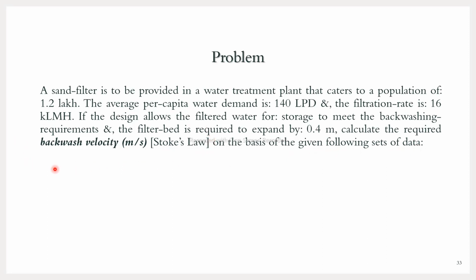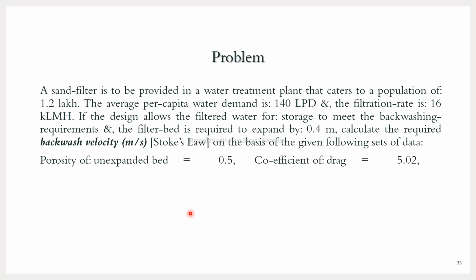So the backwash velocity that we will be calculating will be based on Stokes law. The Stokes law formula is for calculating this velocity, the filter's velocity, because this will be the maximum velocity. Beyond this velocity you cannot go. So you have to calculate in the Stokes law regime. In our next class, we will solve the problem in such a way that the Stokes law will not be mentioned there. So how to solve that problem? It will be a bit complicated one. So we will solve that in our next class. In this class, we will solve only the Stokes law regime. So it will be very simple for you.